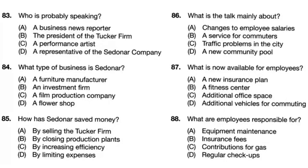Questions 83 through 85 refer to the following talk. Okay, everyone. Thanks for coming today to hear our quarterly results. The Sedinar Company has performed well over the last 3 months, earning a 6% rate of return. These high levels of growth are mainly attributed to our acquisition of the Tucker firm, an investment that is proving